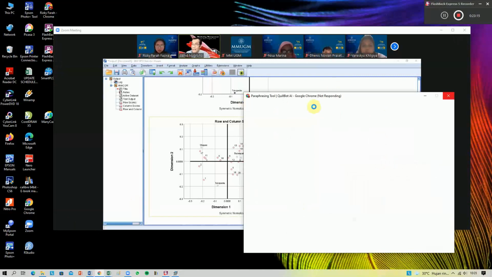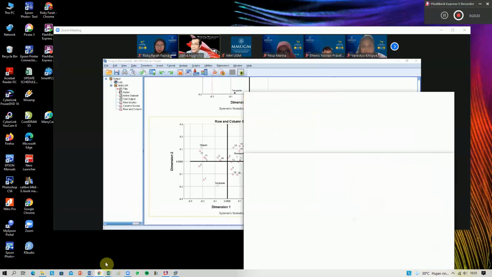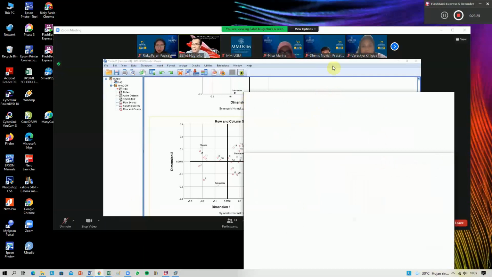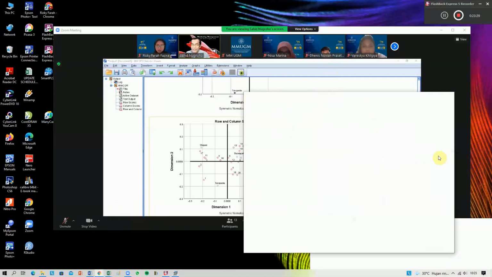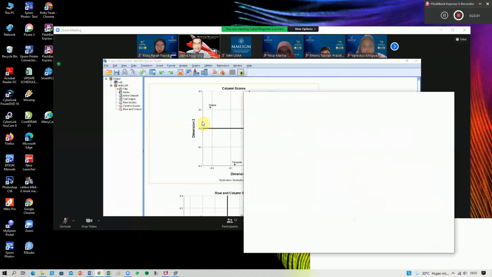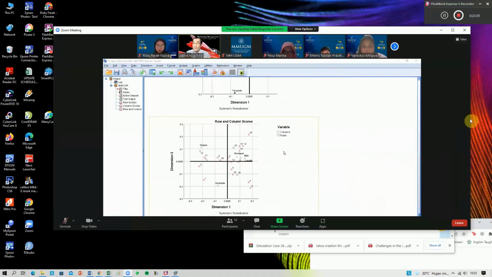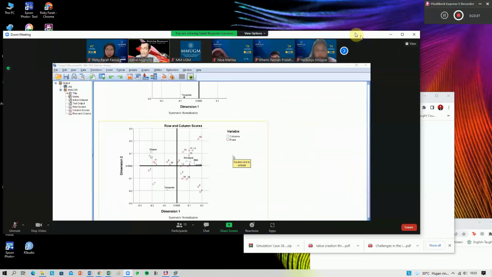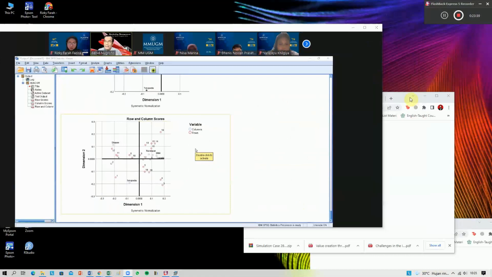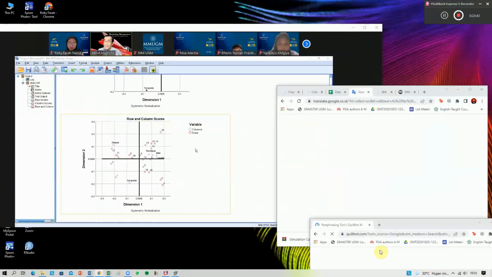So once again, in Anacore, it's indeed very simple. At first you can see the distance among competing brands. You can see it from the column score, and then you see how similar they are.